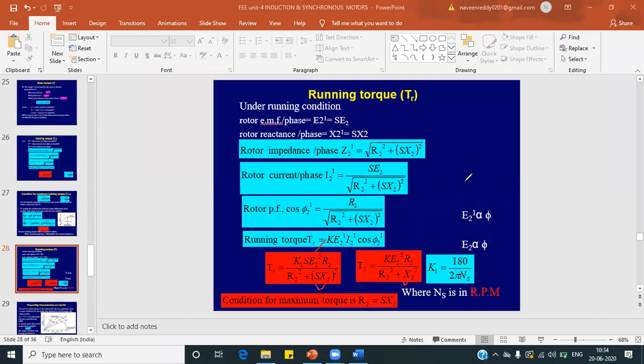Now I said if it is a slip ring induction motor, we do have the flexibility of adding external rotor resistance, if it is a slip ring rotor. So to vary the torque, the variable which we have is R2. By varying rotor resistance, we can vary the torque. We can get maximum torque. So for getting maximum torque, you should differentiate this with respect to rotor resistance, right? That is available over here.